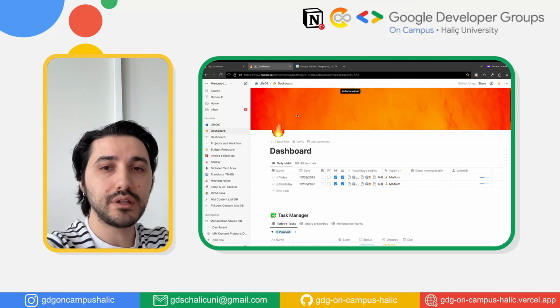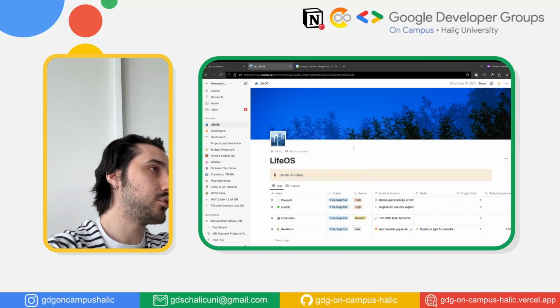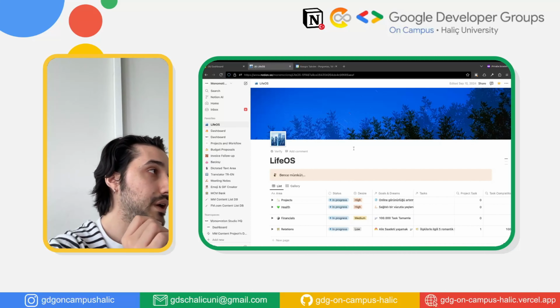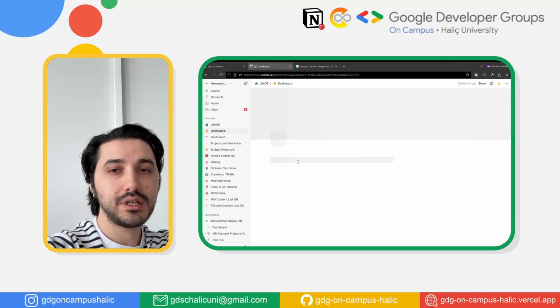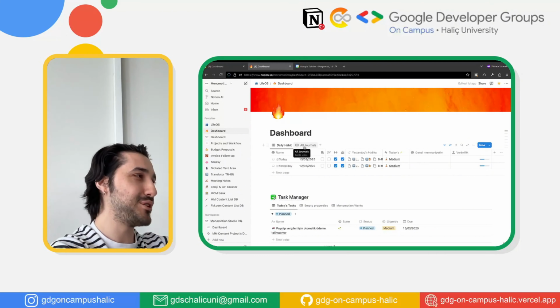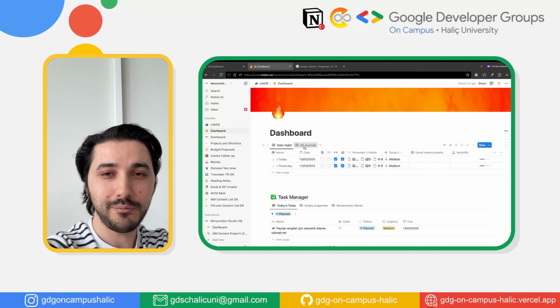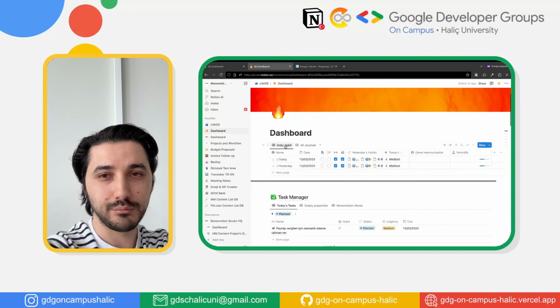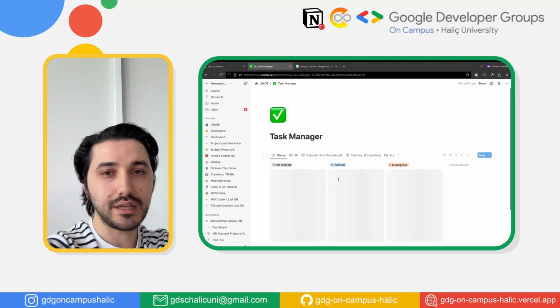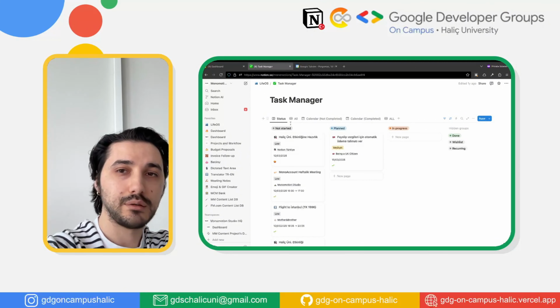Okay, I call it dashboard because I look here every day. I look at LifeOS every quarter, but I look at the dashboard every day. I'm starting with this daily log here, which has some informal info, okay, I can show you. It's not important. When I click the task manager here, I can see different view types. For example, status types, boarding types. And also I can